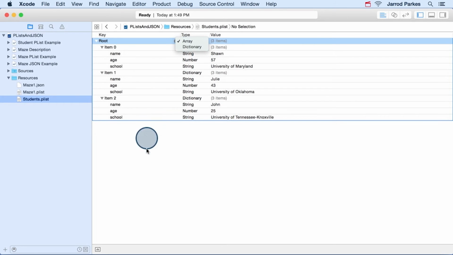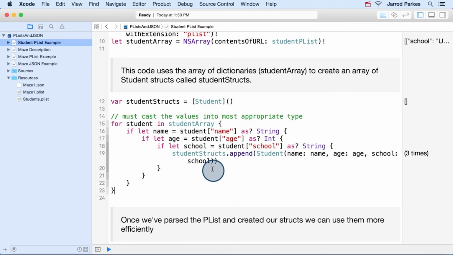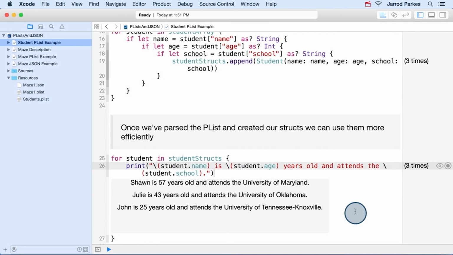So that's key. In the next lines of code, we loop through the students array and we check for those key value pairs, name, age, and school. And if each of those key value pairs exist, then we create a student struct and we append it to our students structs array. Then at the bottom, I have this simple use case where we print some information about